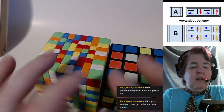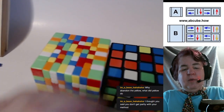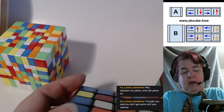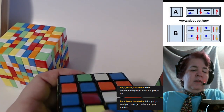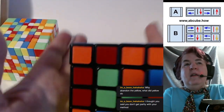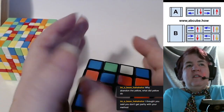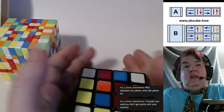What a parity is, where it looks like there's two pieces and only two pieces that need to swap. You can have a corner parity where this piece wants to be here, this piece wants to be here. You can have an edge parity where this wants to be here, this wants to be here, whatever. It doesn't matter what the parity looks like. Whenever there's two pieces and only two pieces to move, then it looks like a parity and you're at a